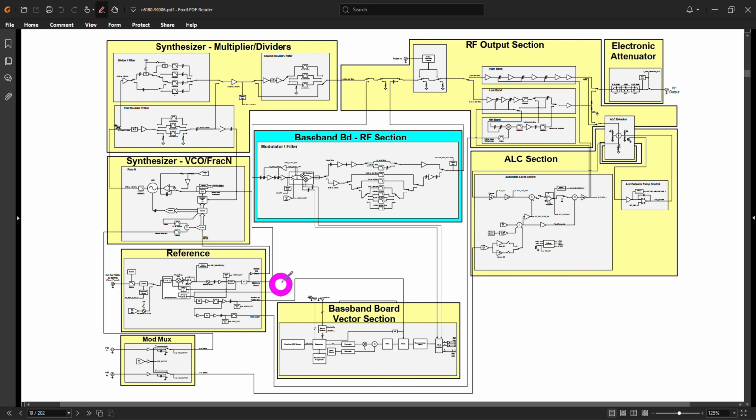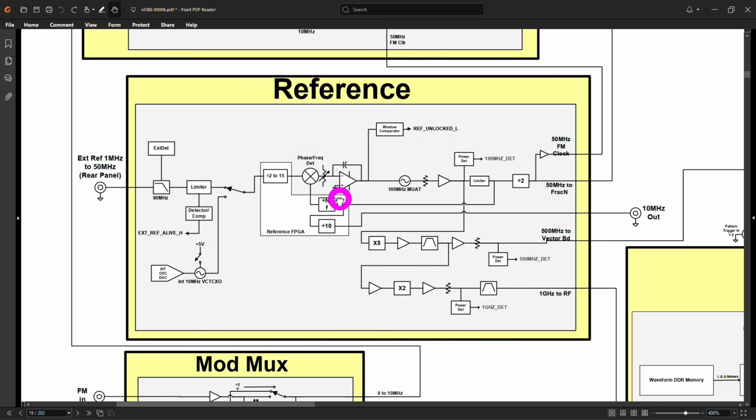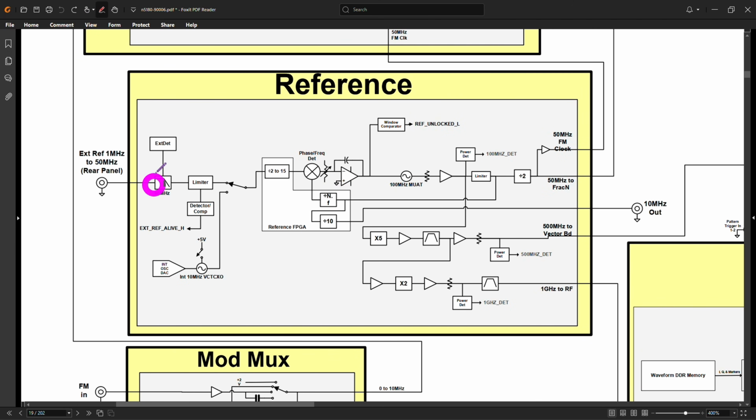And since this is a synthesizer problem, we should look at the reference synthesizer subsection and see how these actually work together. So let's zoom over here around the reference section and see what the reference is actually doing. So we do have the input from the outside of the instrument from 1 to 50 megahertz, and in here somewhere, there it is, we have a 10 megahertz VCXO,